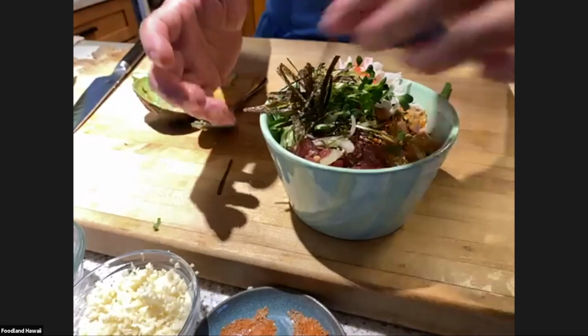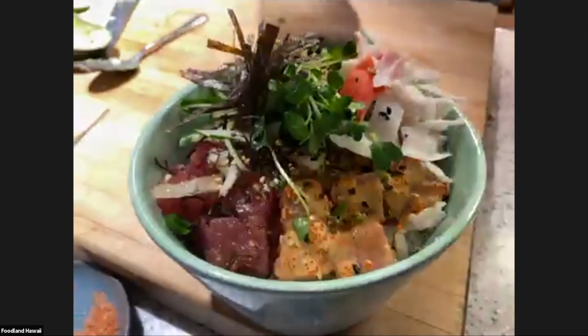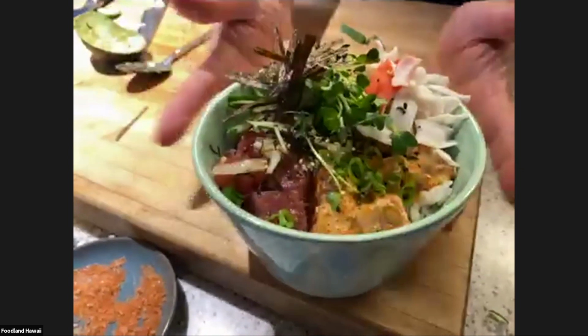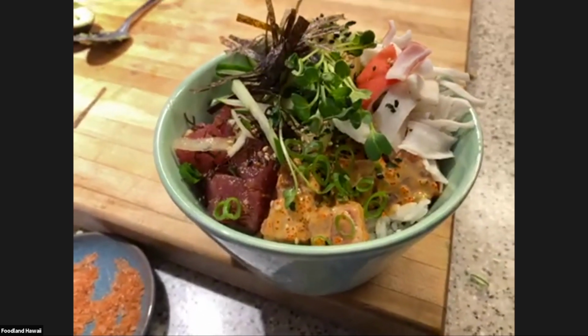But see, you took something, a really fun, really delicious poke, and we've kicked it up a notch. This is how you can take it to the next level. And if you want to have a party get together, do something simple like that. Again, all simple ingredients, things that you have at home. But that's